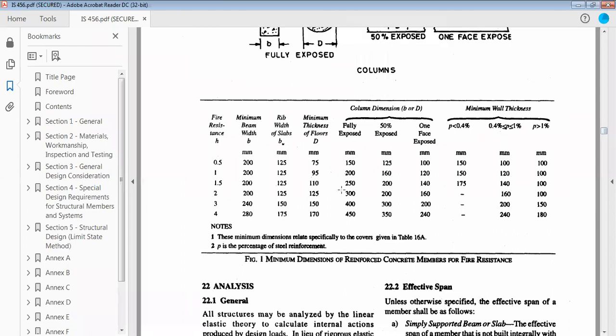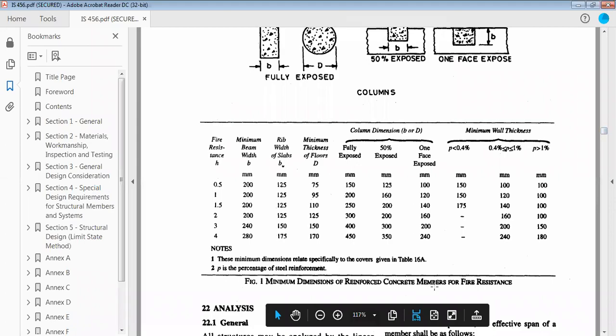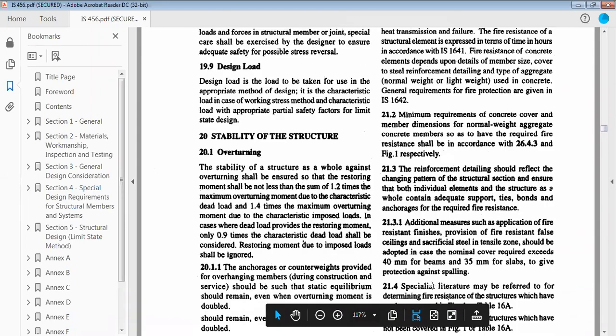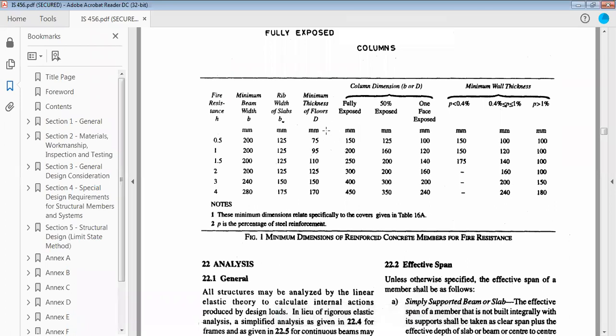Yes, this is it. So this is the minimum dimension of the reinforced concrete members for fire resistance. Now, whether fire resistance or no fire resistance, you always require a minimum column dimension. Now, likewise, when we were studying the beams, we came to know that the minimum beam width and the rib width of the slabs that